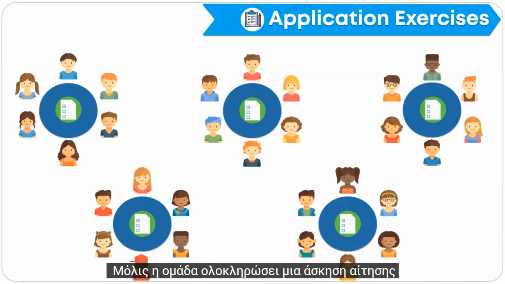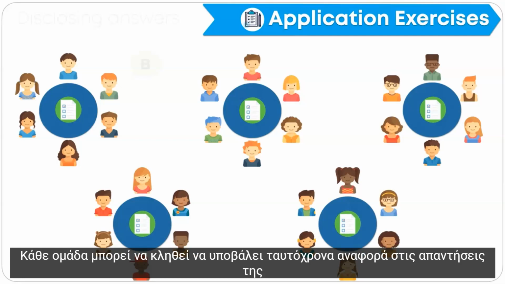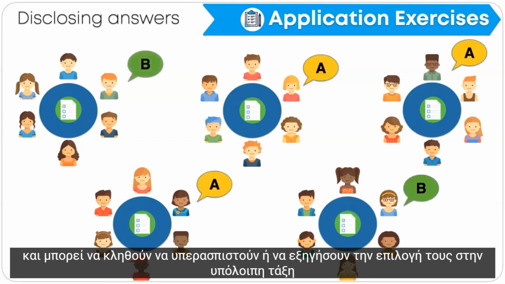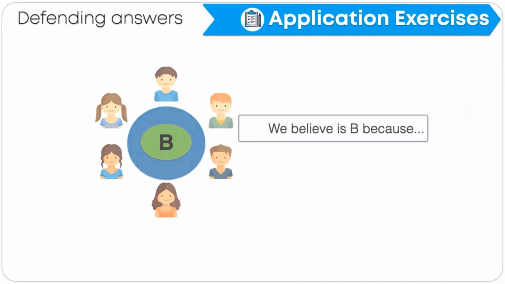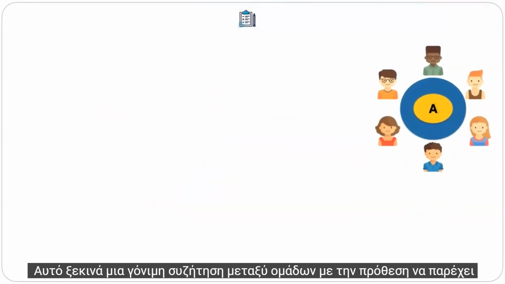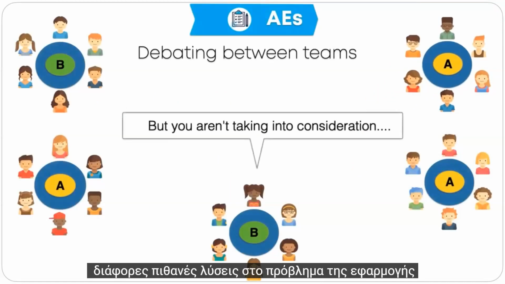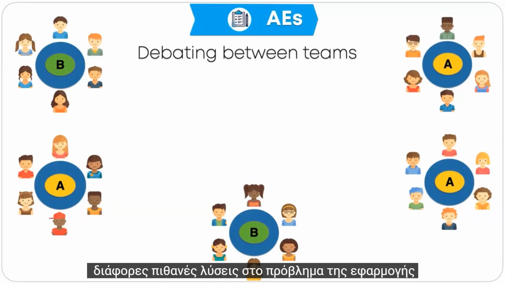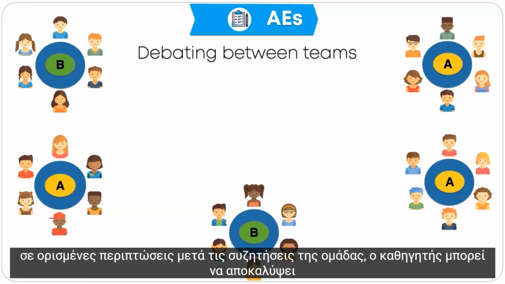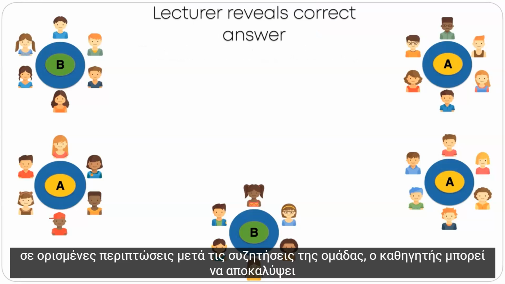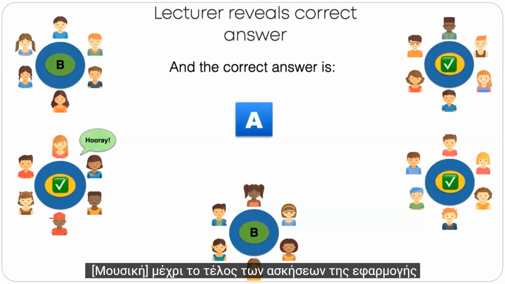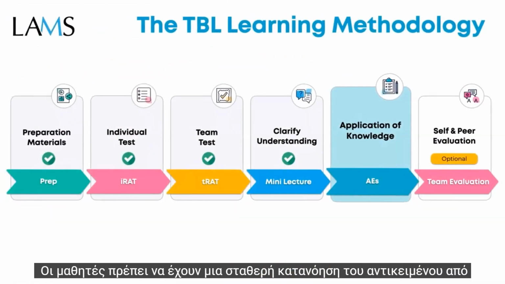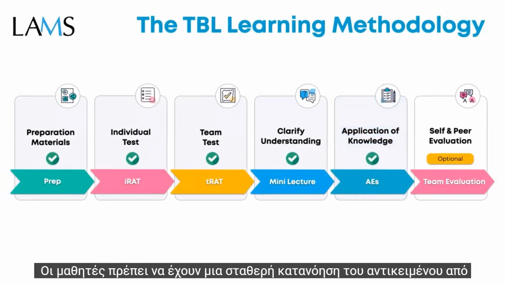Once the team finishes an application exercise, each team may be called to simultaneously report on their answers and may be asked to defend or explain their choice to the rest of the class. This initiates a fruitful debate between teams with the intention to provide various possible solutions to the application problem. In some cases, after teams' discussions, the lecturer might reveal what the correct solution is. By the end of the application exercises, students should have a solid understanding of the subject matter, from the theory